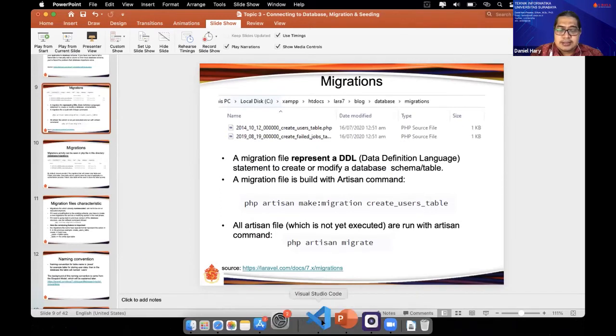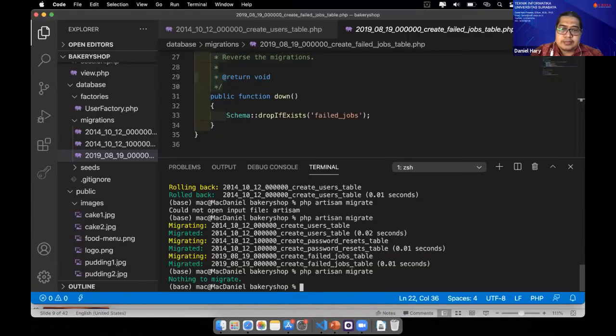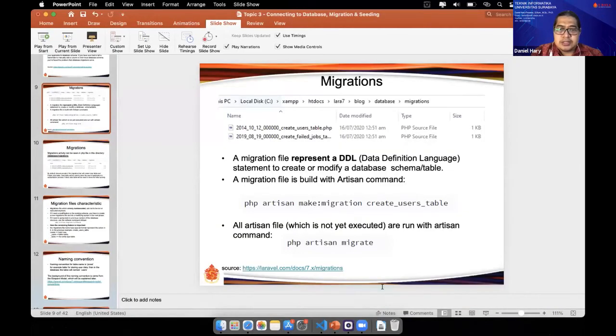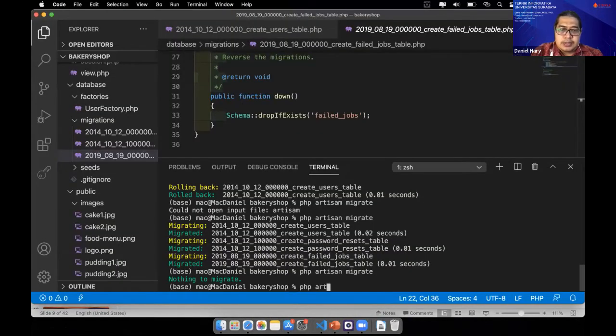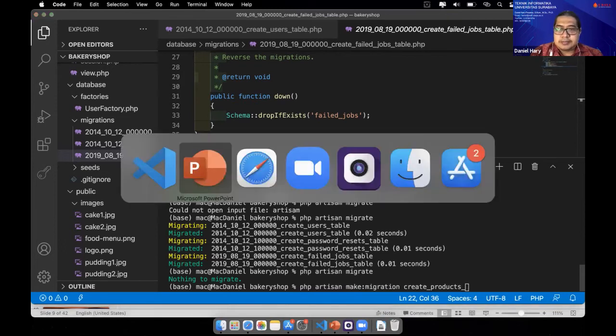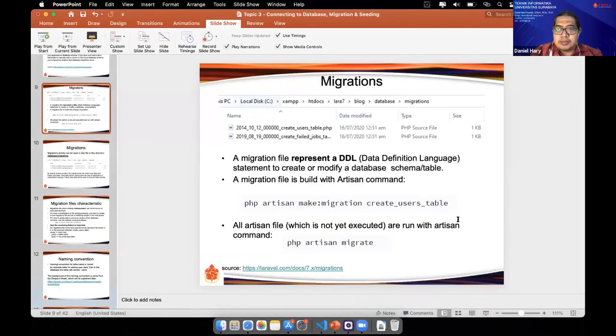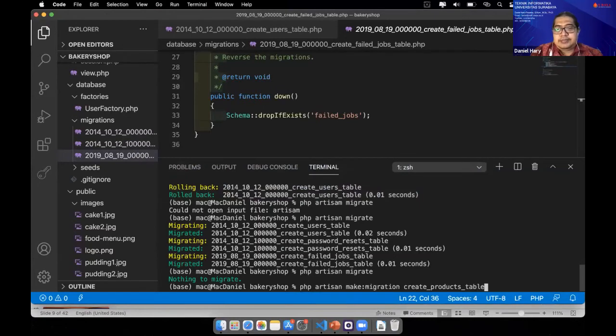Please also run in yours: php artisan make:migration create_products_table.